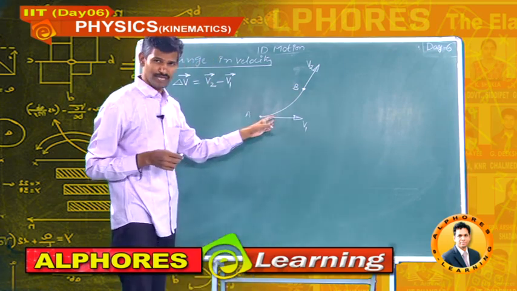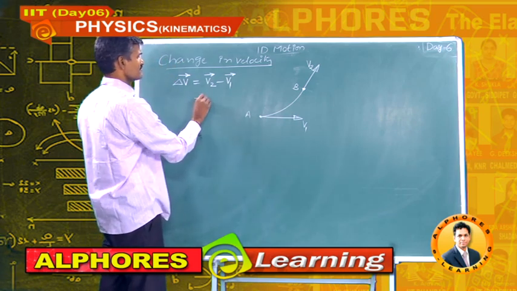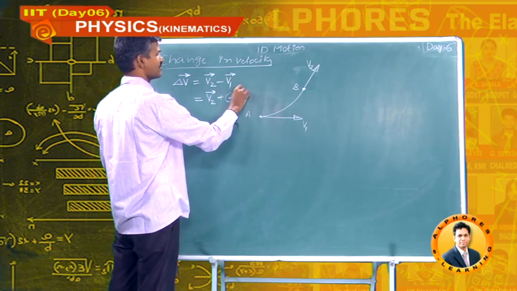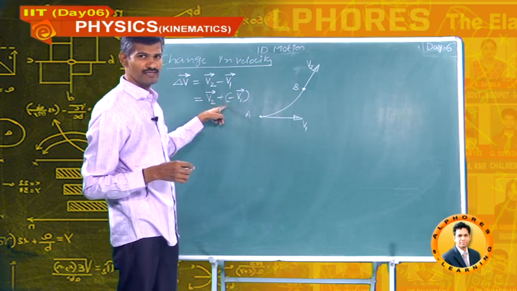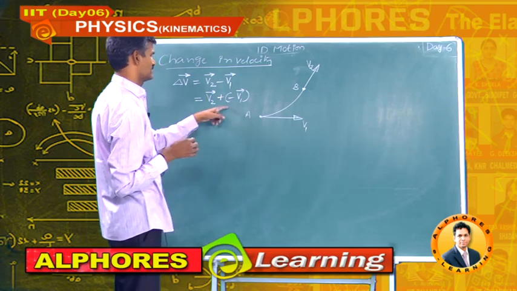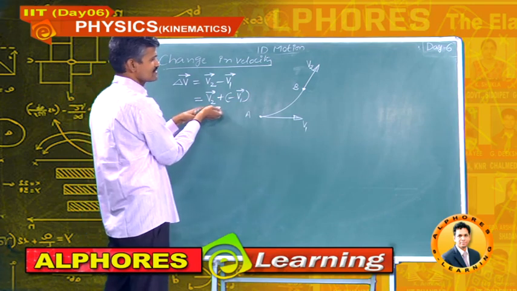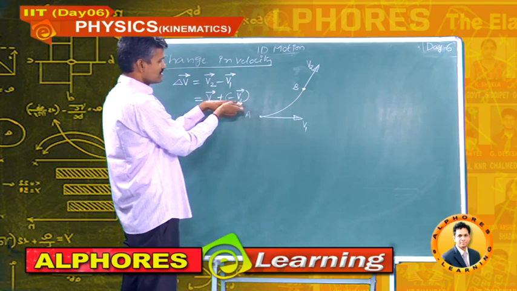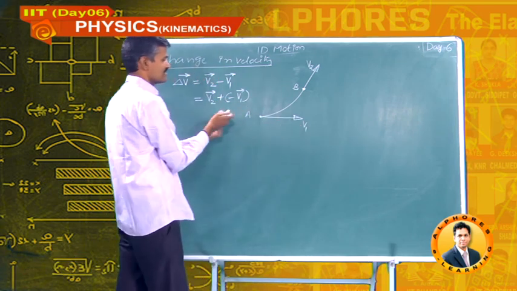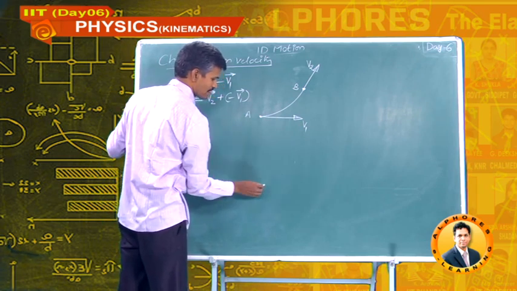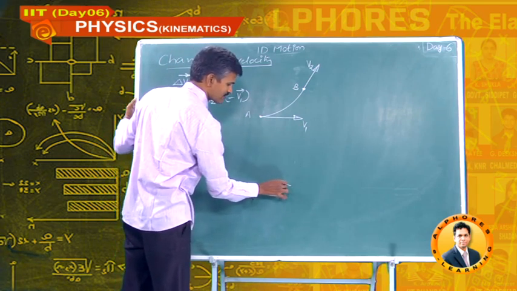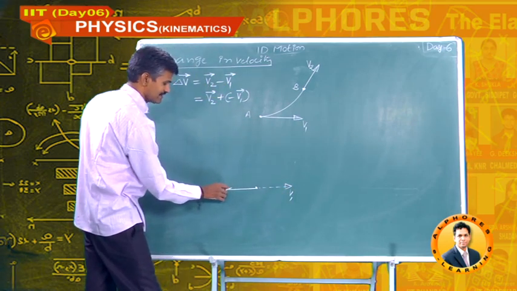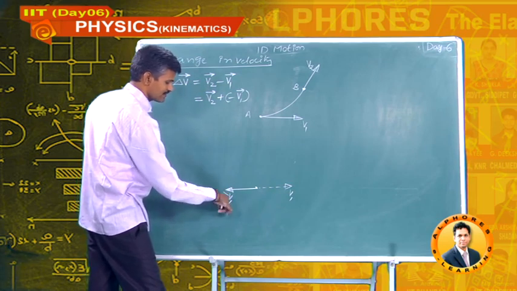Even though, I am trying one more time, that is, this is v2 bar plus of minus v1 bar. To subtract this, first of all we have to change the direction of v1. So first I am changing this vector into this direction. Suppose this is v1, here I am drawing v1 with dotted lines. And minus v1 with a thick line. This is minus v1.